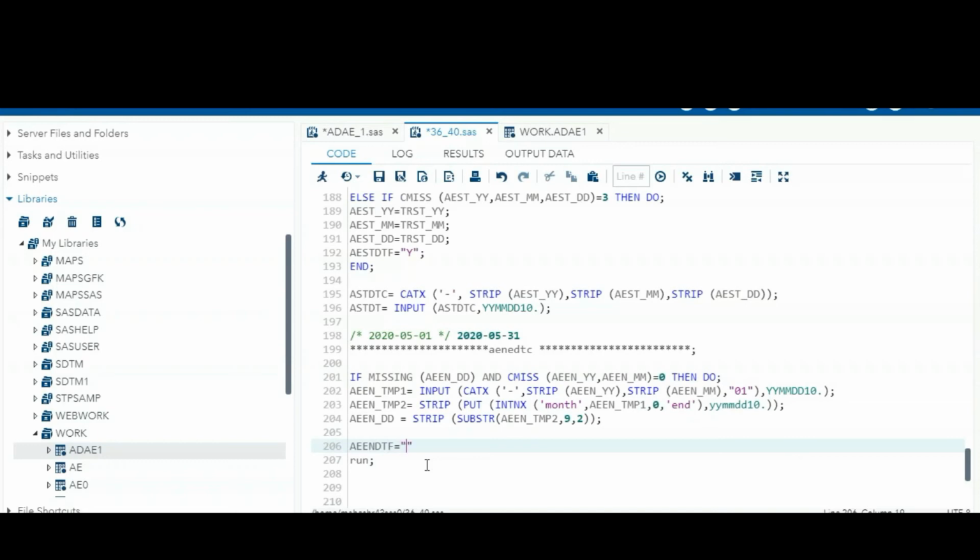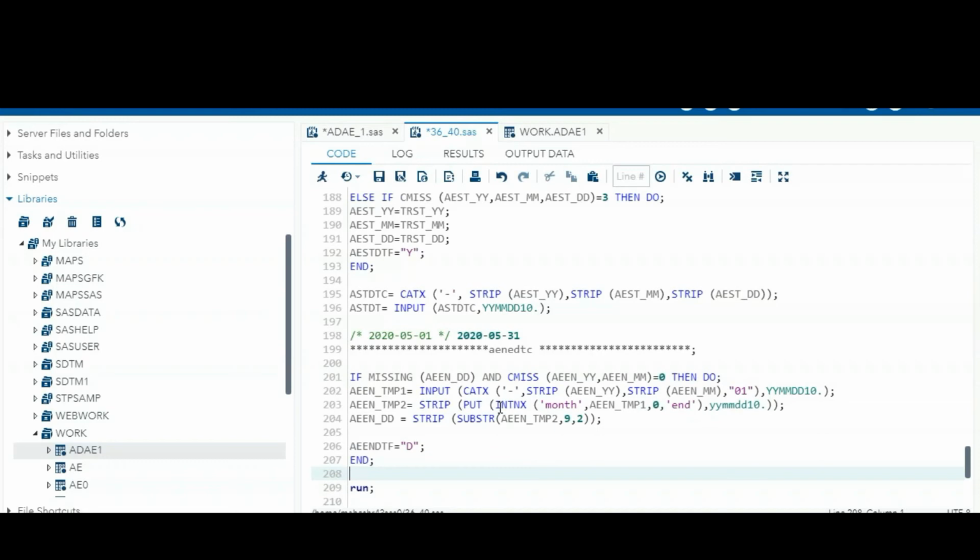The flag is, so we are replacing what? Date. So date. And this. Okay, so only the day part is missing. We have to create one temporary variable with complete date by adding the 01. After that, the temporary variable we have to pass into the intnx function.